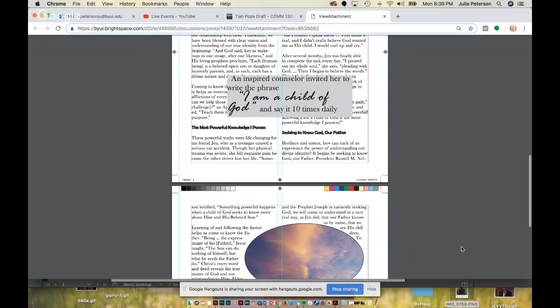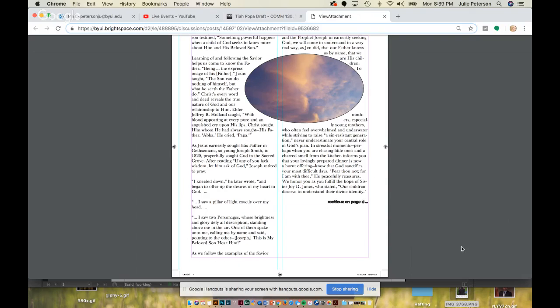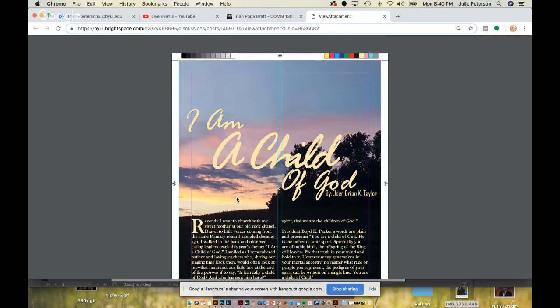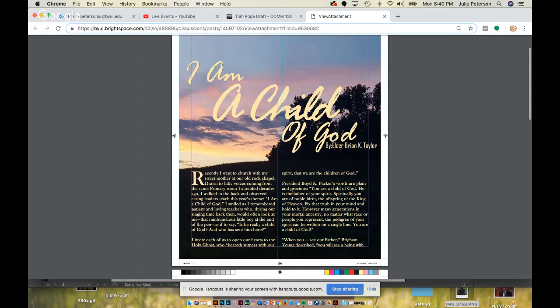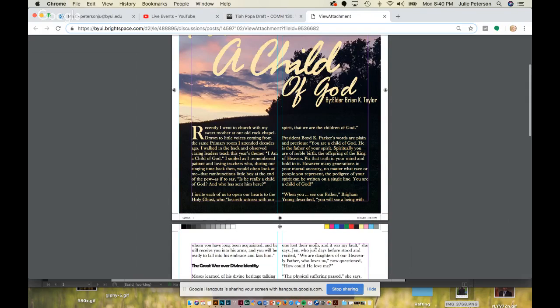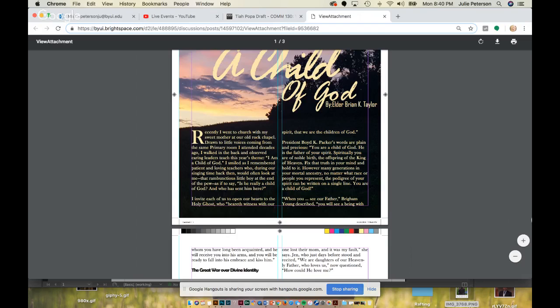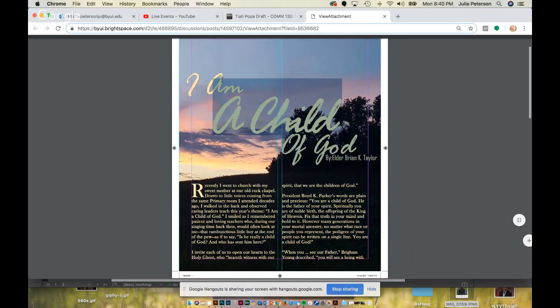All right, so great job on breaking up your paragraphs. I also love the consistency of the colors on the images, the sky that you have here, and then the silhouette here. I would love to see these colors still throughout the piece. I mean, you have this nice yellow here that you grabbed from the image.